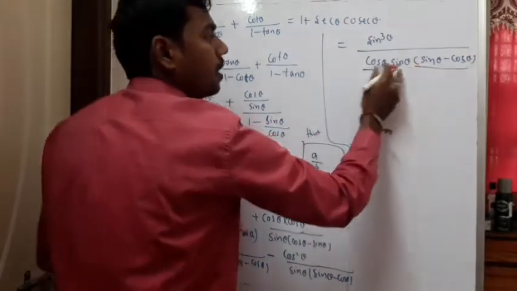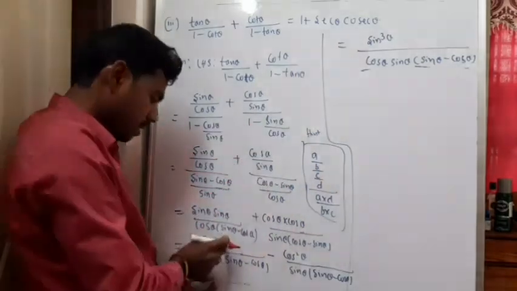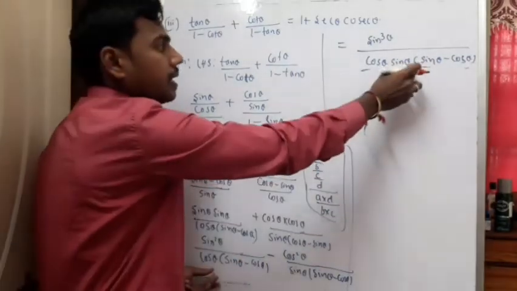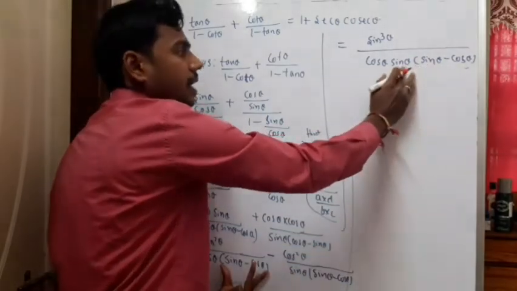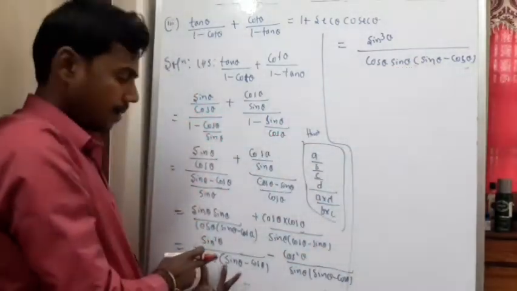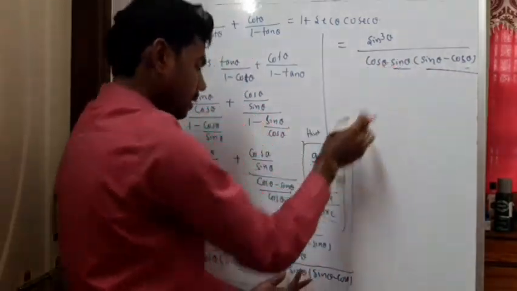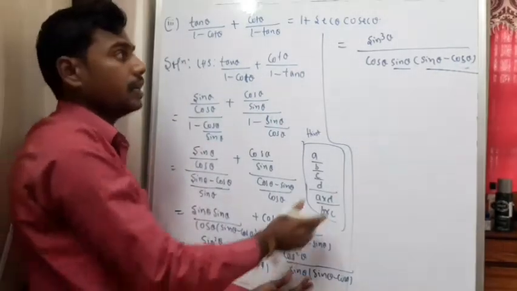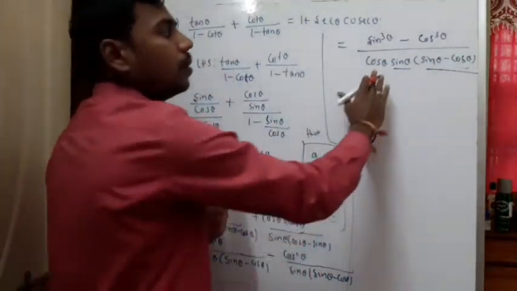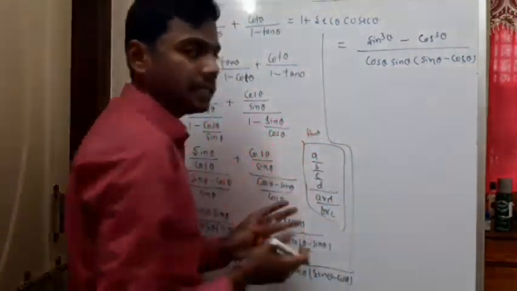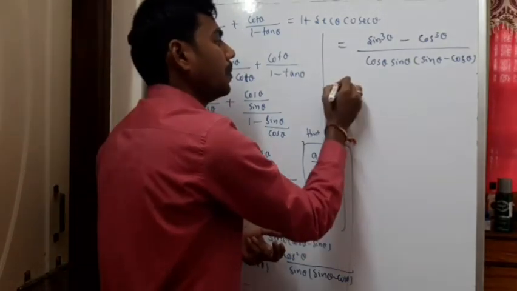This and this, if I remove, only sin theta is there. So I need to multiply it into sin theta. This sin square theta I need to multiply with sin theta, because cos theta and sin theta minus cos theta is already there. So what is left? Sin theta is there. I need to multiply it with sin theta. Next, sin theta into sin theta minus cos theta. This and this is there. Only cos theta left. I need to multiply this with cos theta. Then it will become minus cos cube theta. All are basics. Nothing I'm doing. So if you know the basics, it will be easy for you to understand. So even though if you don't know, please try to contact me. I'm going to help you.